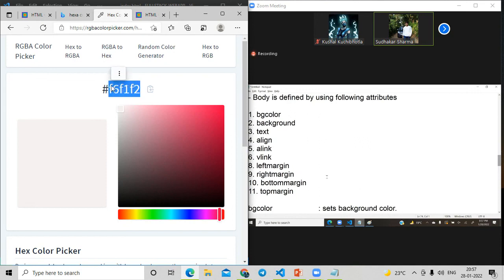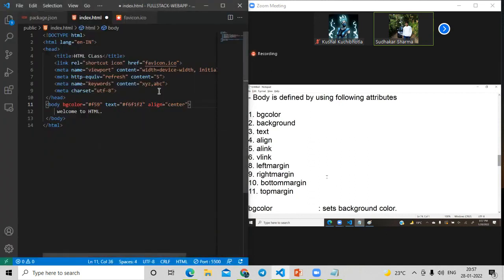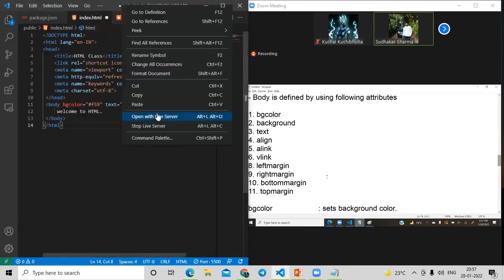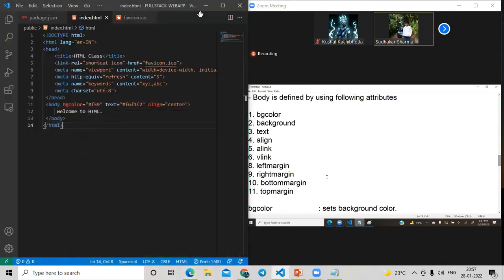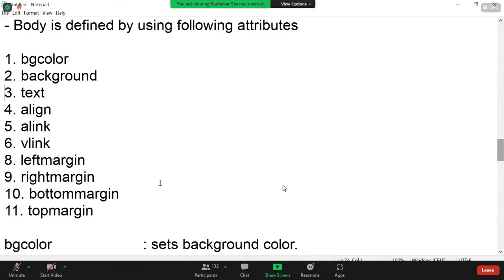Similarly, we have background image, alignments and everything that we'll see in the next session. Tomorrow we will do that. Okay. In tomorrow's session, we will learn the complete design of the body. Then you will create a simple page. We will take one real-time example, and we will try to design that body section with what we have learned up to now. Then it will make a good appearance for the contents you are learning, right? Tomorrow we will see that, right?